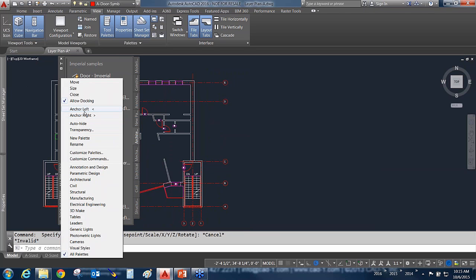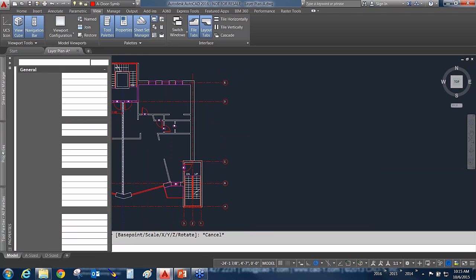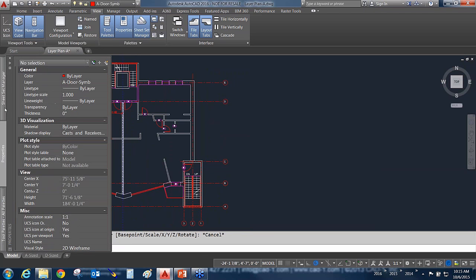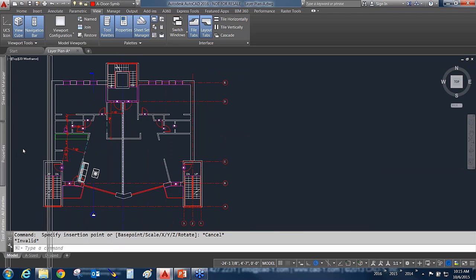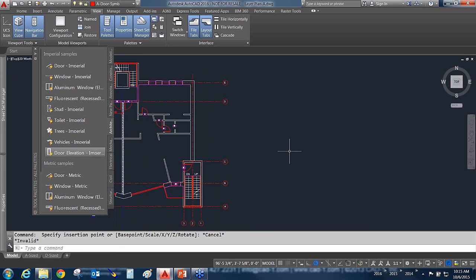right-click. And my favorite way of working with these is right-clicking and either anchoring them on one side or the other. As you see, over on the left-hand side of my screen, I've got all of my palettes anchored, so I can just go back and forth here. I've got my tool palette, my properties palette, and a couple other palettes in there. That's typically how I like to operate. Okay,